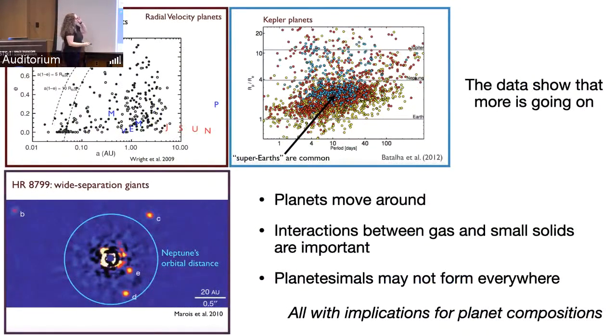Okay. But of course, if we go and look at the planetary systems that we found, then this calls all of this into question. Not the basic physics, but the organizational structure. So we have gas giant planets found from radial velocities. They have really high eccentricities. Planets move around.